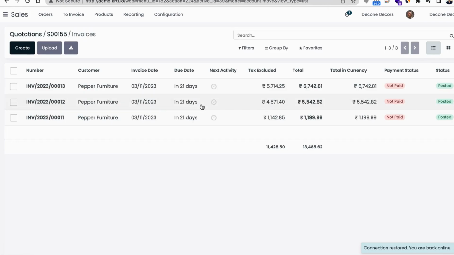So as you can see, that invoice is fully complete as well. So that's all been taken care of. Now let's go back to another example where we'll just go ahead and create one more quotation,